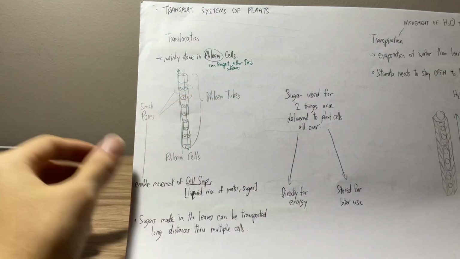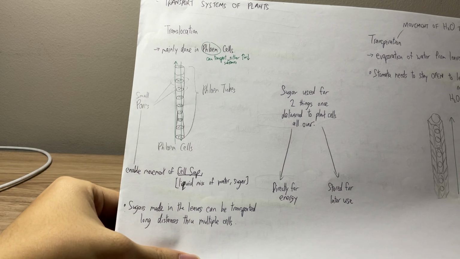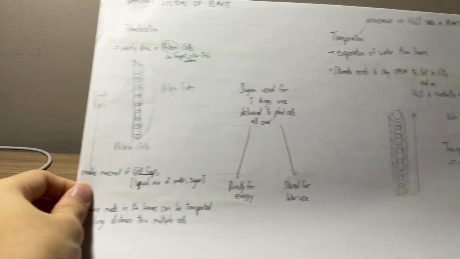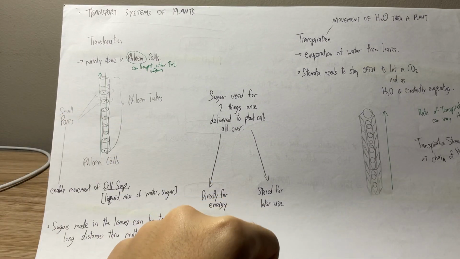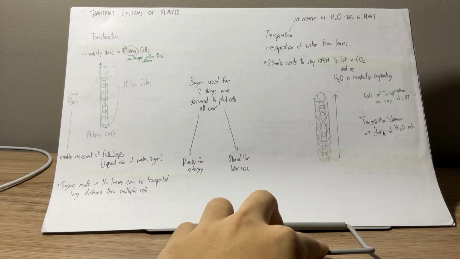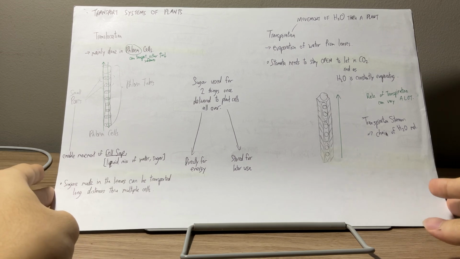Okay, next. I don't like this. No joke, this is one of the lessons that I hated the most. Transport systems of plants. I never liked botany in general. Wasn't worth the hype, I guess. I preferred second quarter grade 12 biology, where we learned about the human body, diseases and stuff. But yeah, let me just...